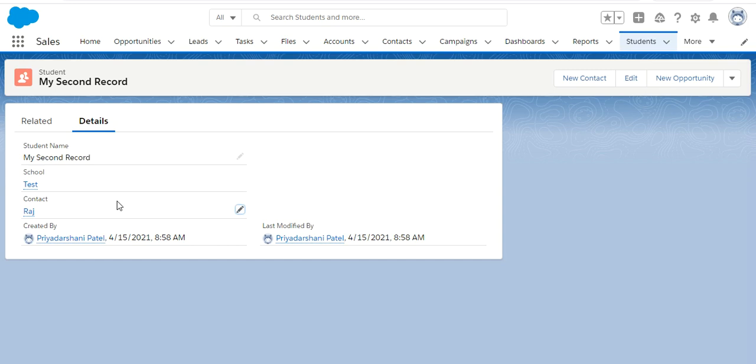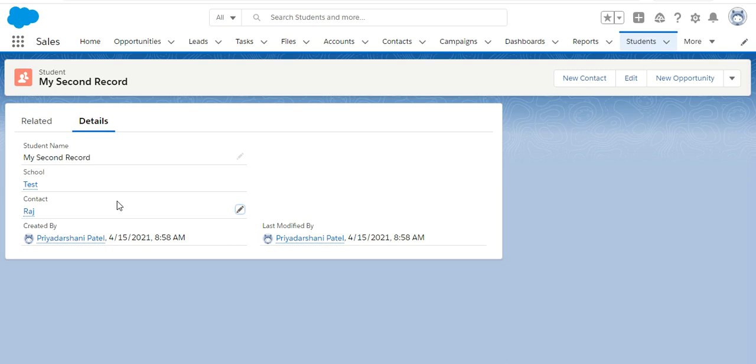And remember, when we create a master detail relationship, we cannot create a child record without the parent record, and the child record inherits the sharing setting of the parent record. But in a lookup relationship we can create the record without the parent, and they do not inherit the properties of their parent record.